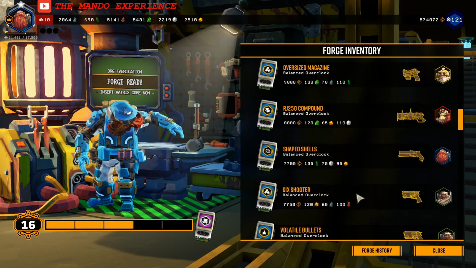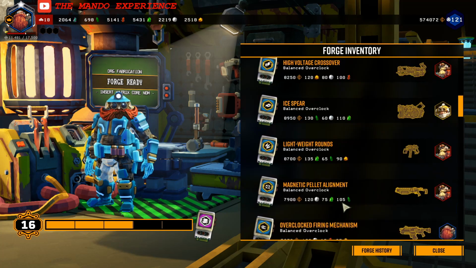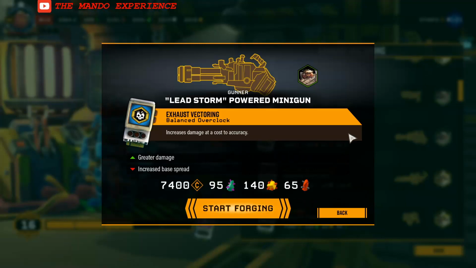Okay, now let's go to a balanced overclock one. Let's see if I have one for the gun there. I saw one. Here we go, one for the minigun. As an example, this one's called exhaust vectoring. Increases damage at a cost to accuracy. So greater damage, plus minus increased base spread. So going back through them again,